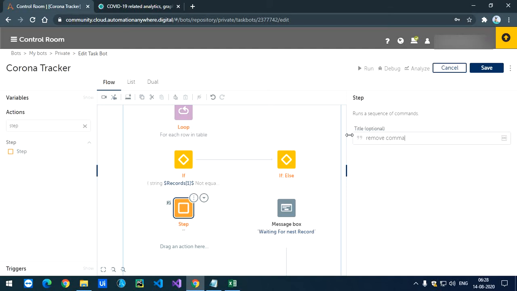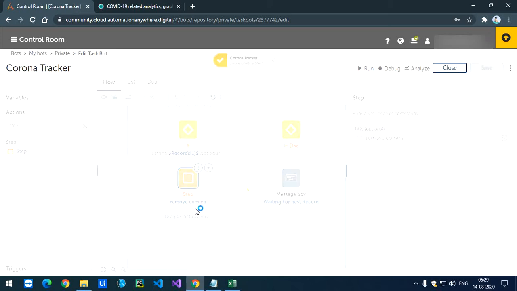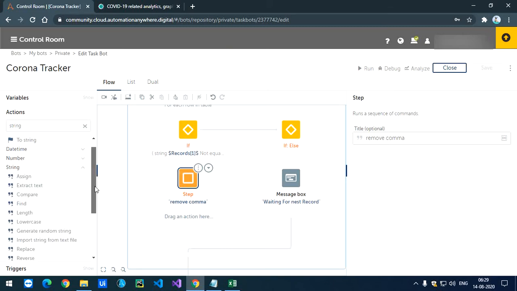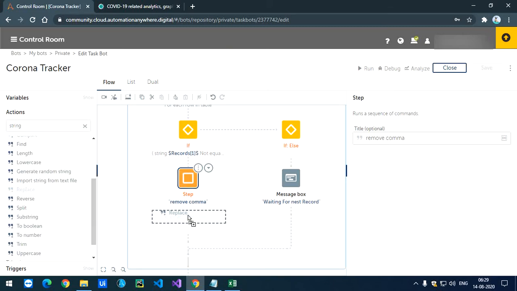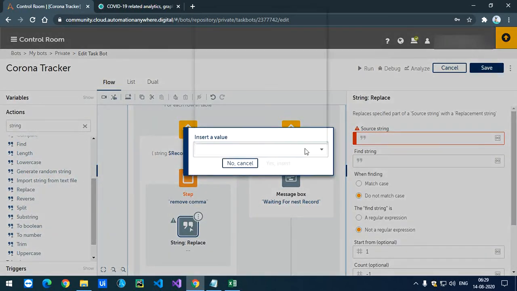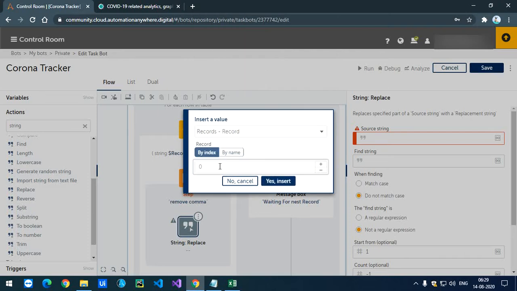So what I'll do here is save this, and I'm going to go with string operation. Here the first operation is replace. What we want to replace, the source string is record, and in record the first column.